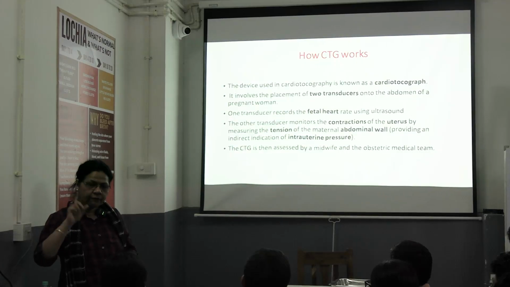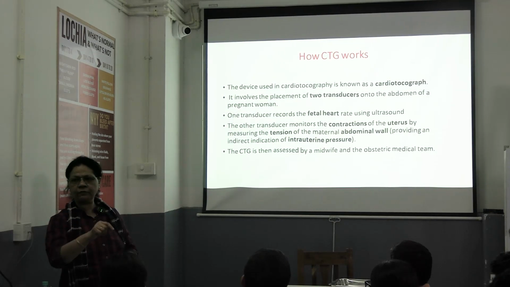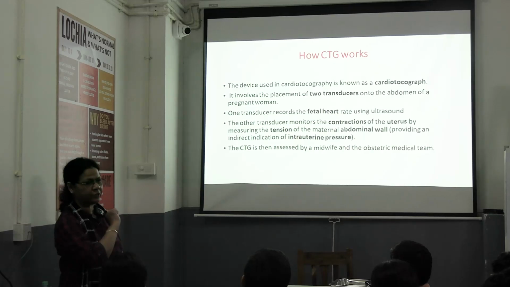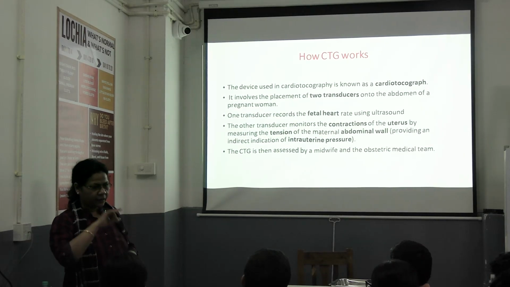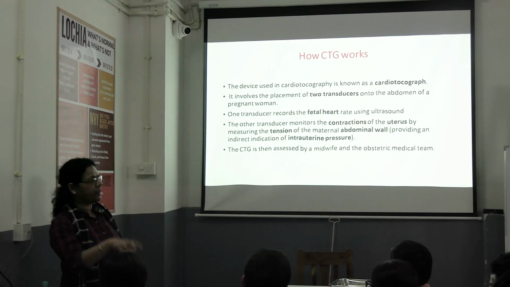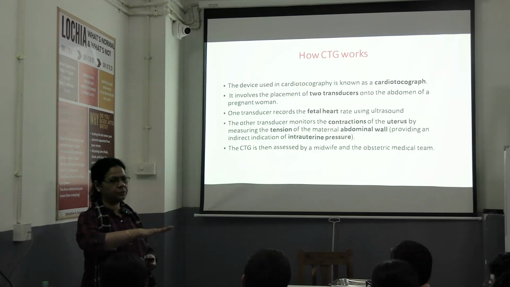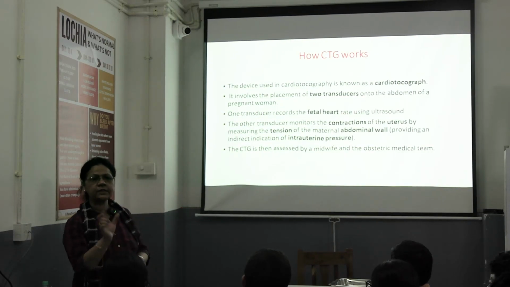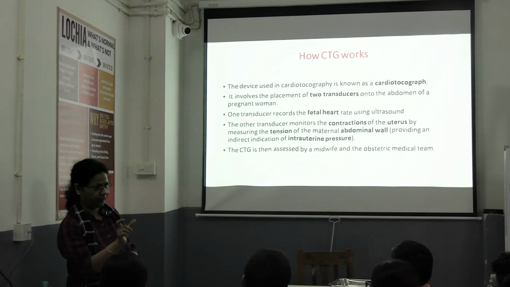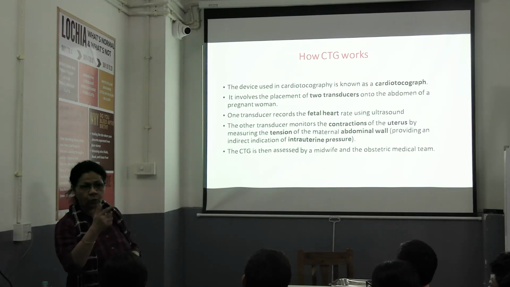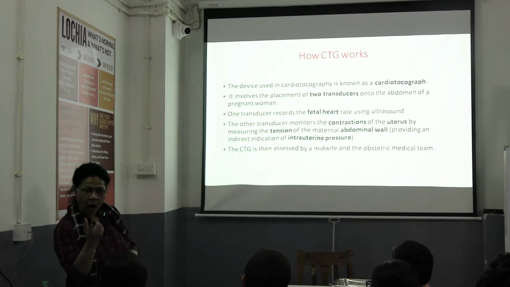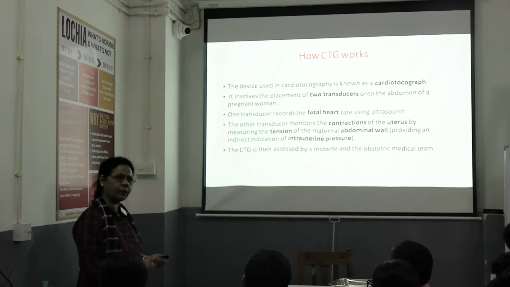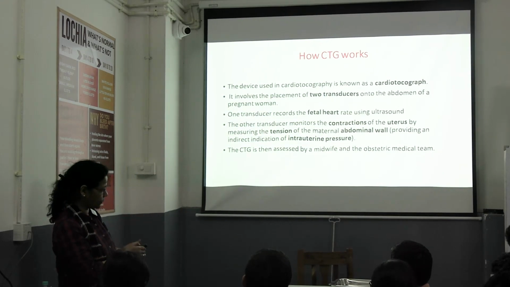And if you want the exact measurement of the intrauterine pressure, then a catheter should be placed inside the uterus to measure. We don't do that. Usually, for all practical purposes, we measure the contractions by putting a hand onto the abdominal wall and counting the number of contractions in a 10-minute period. If it is 3 or more, she is going into labor. And how this contraction is having an impact on the fetal heart rate, this is what we are concerned about.